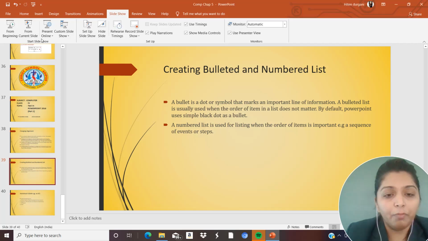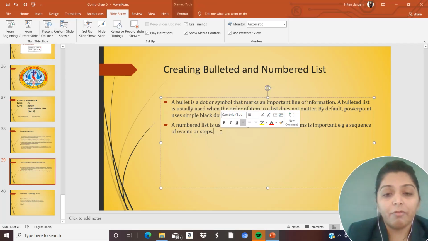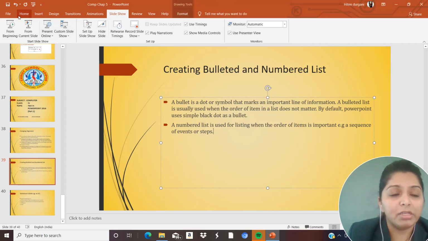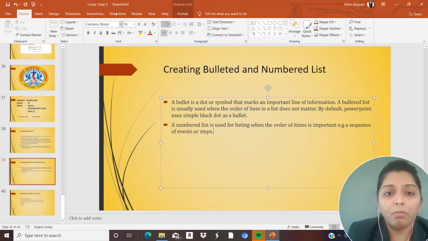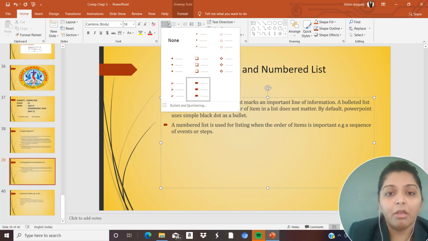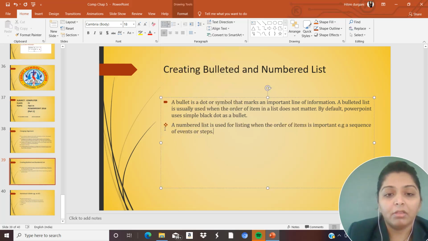Now I will show you how to create a bulleted list or a numbered list. Suppose from the next line I have to create a bulleted list or a numbered list. In the Home tab here, see, by default it will use this black dot only. But if you want anything else, see, the appearance of the bulleted list is different.